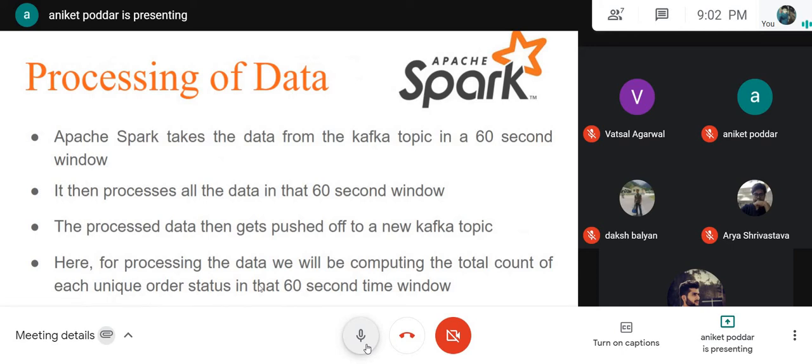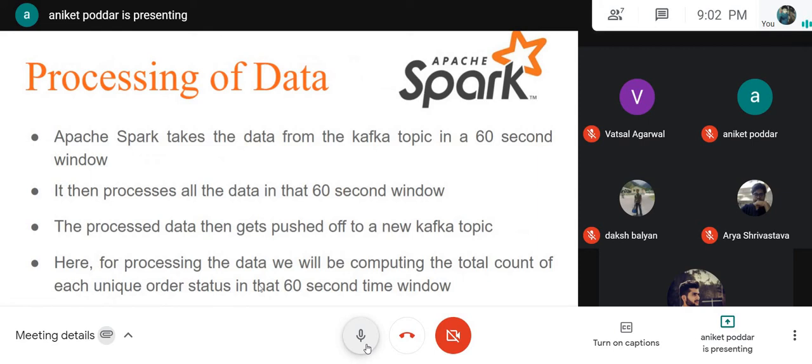What Spark will be doing is it will be creating the stream of data into RDDs, that is resilient distributed datasets, which will be of immutable objects for the fast processing of the stream of data that is coming to it. So Spark takes up the data from the Kafka topic in a span of 60-second window.